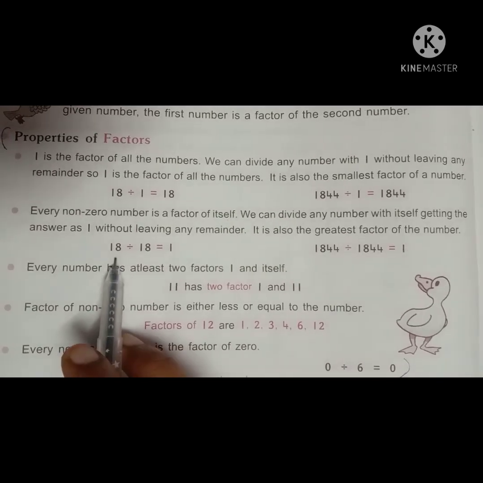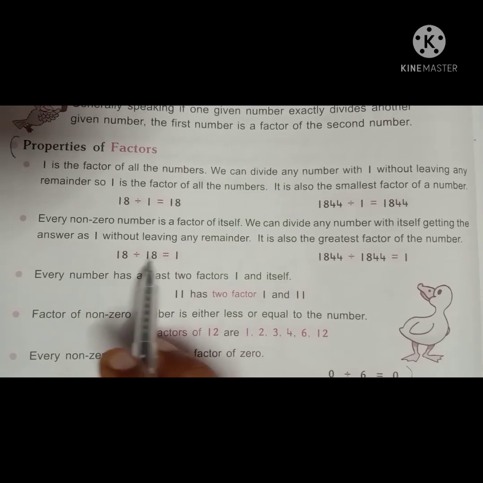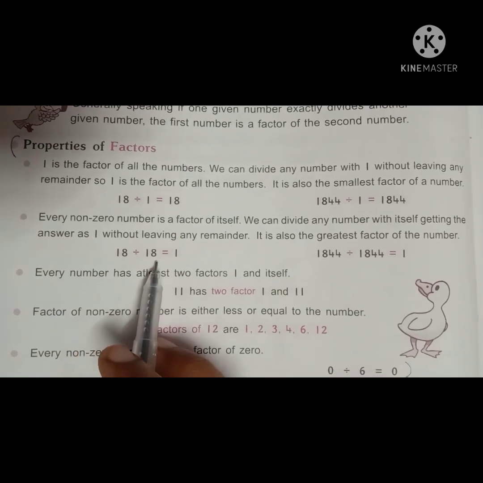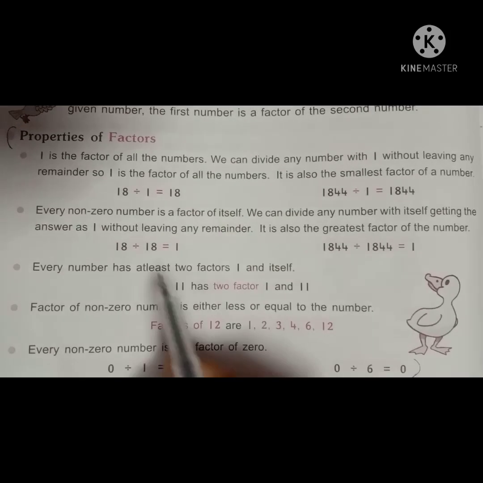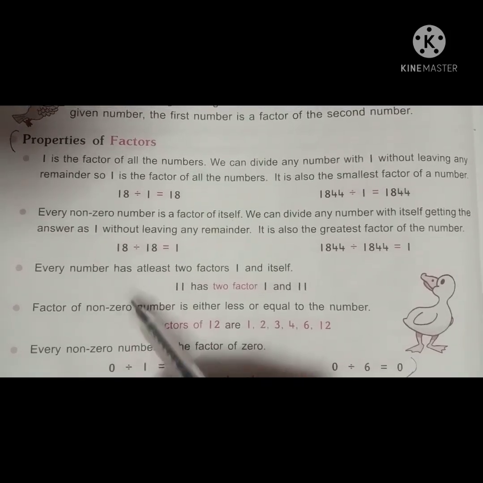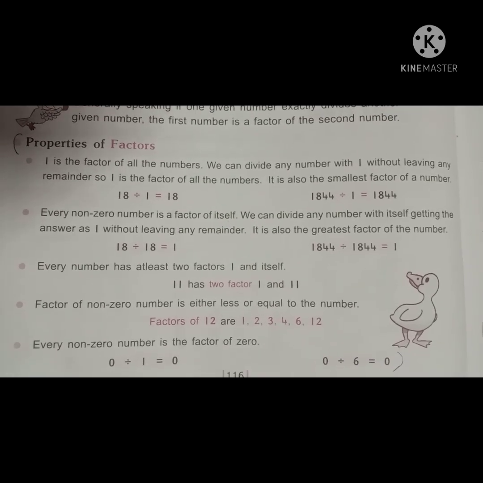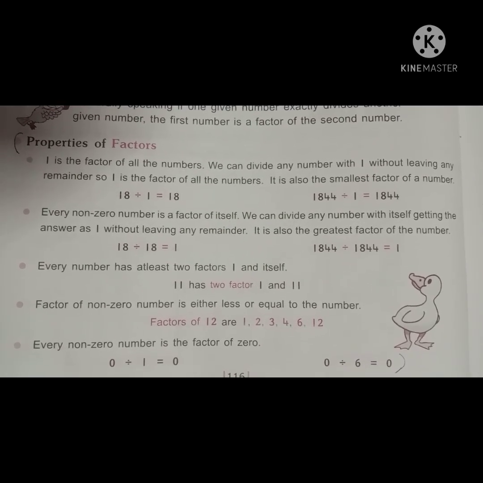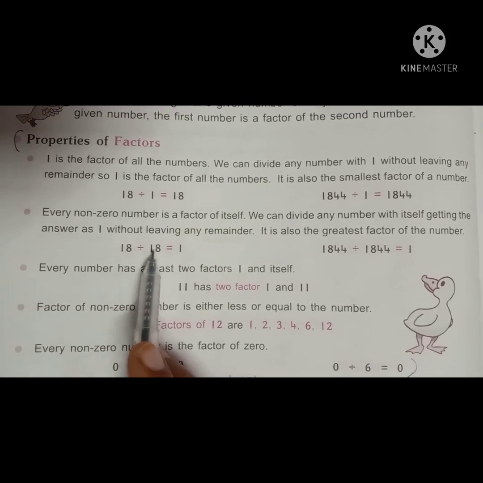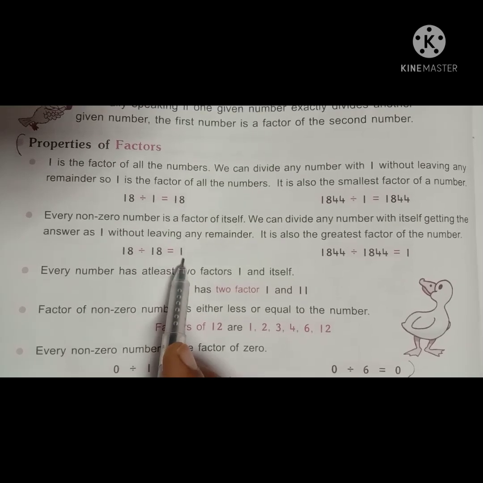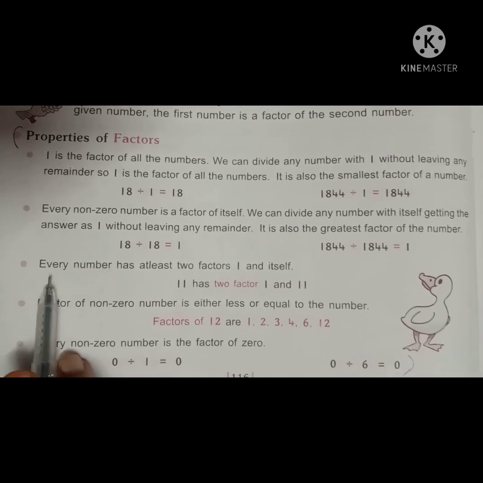Again, once see here the example, 18 divided by 18 is equal to 1. We are taking the number 18 and dividing by the number itself only. What is the number here? 18. So what is the quotient? In the 18 table, is 18 there or not? Yes, it is there. How many times? Only one time. So here, if we take the same number in division, what quotient do we get? 1 only. Okay?